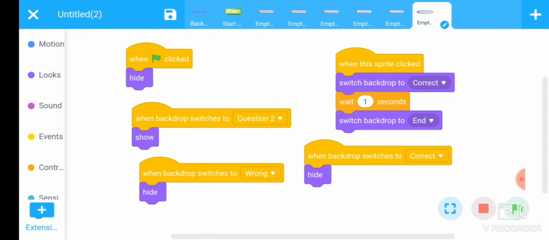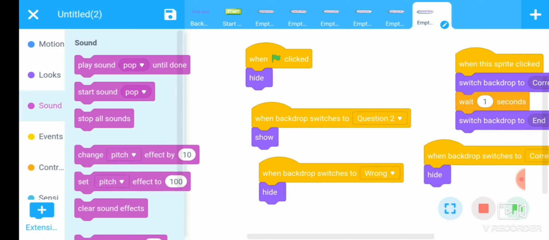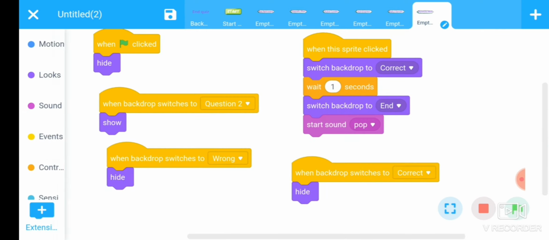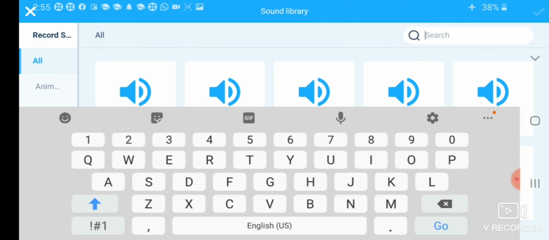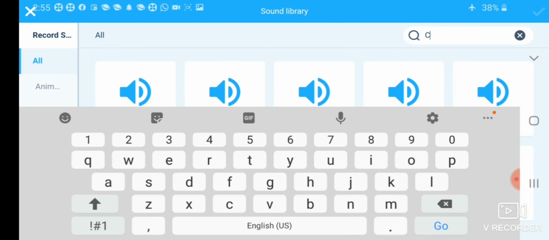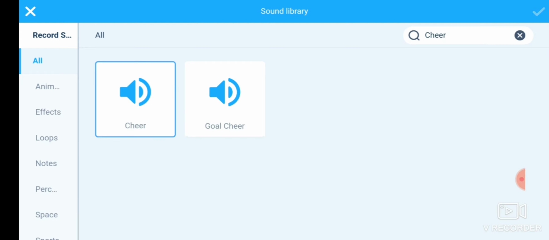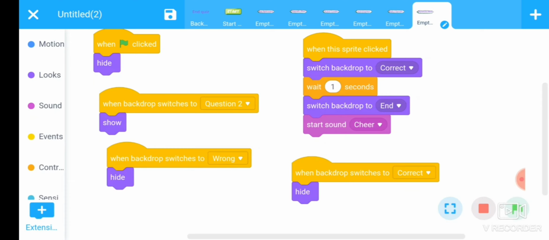To adding the sound, go to sound option and start sound pop, use this command here and put this command here, and for the correct answer, cheer, use this cheer sound, that means this clapping sound here.